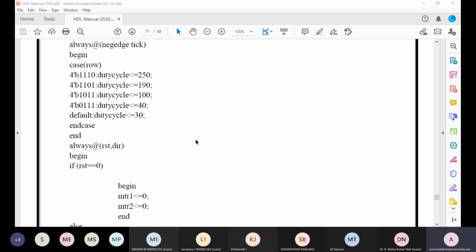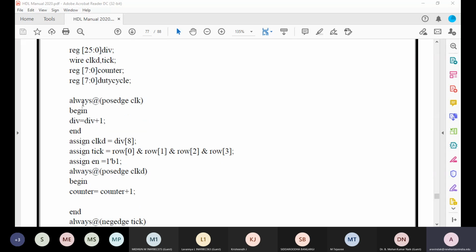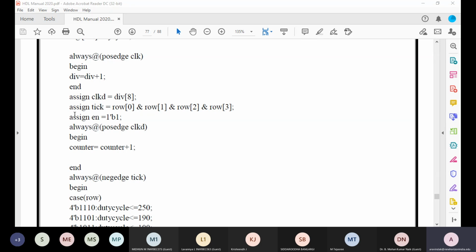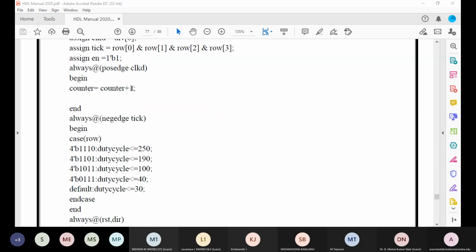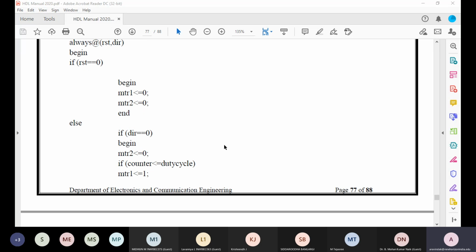Now let us come to how to select the direction. You can see there are multiple always blocks. There is one always block here in the beginning to obtain the signal due. Then you can see some concurrent assignments here. Then one more always block for using this variable called counter, and then one more always block for selecting the speed. Now the last always block is for setting the direction. So there are 4 always blocks in this code. Remember, all the 4 always blocks are concurrent. That means they are all executing simultaneously.